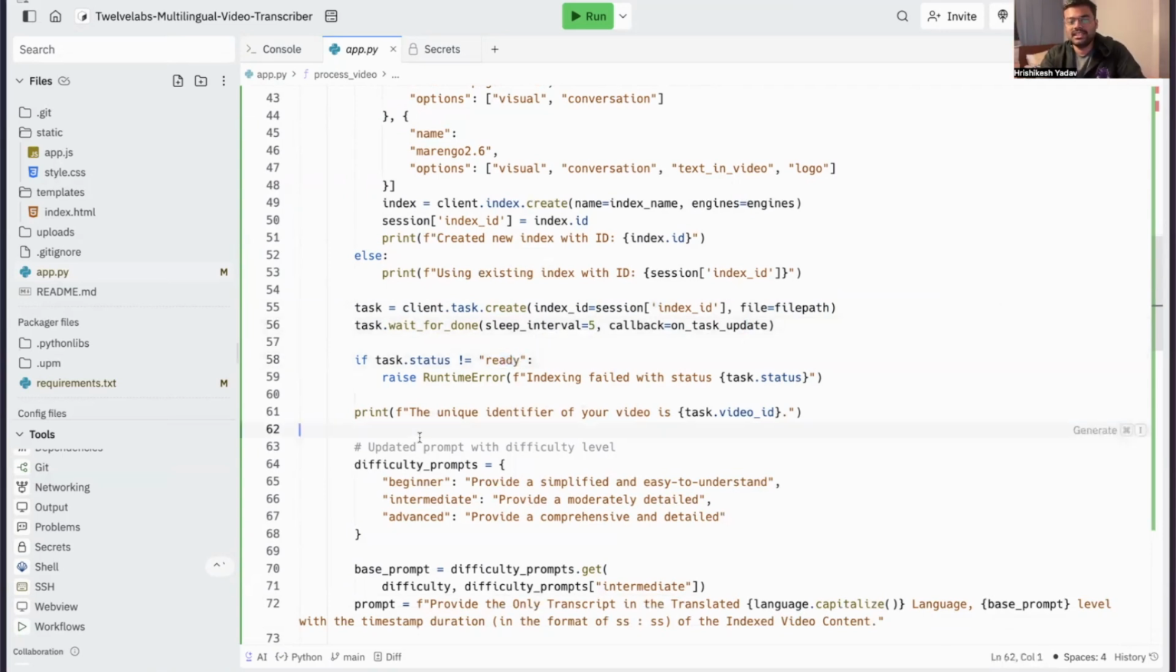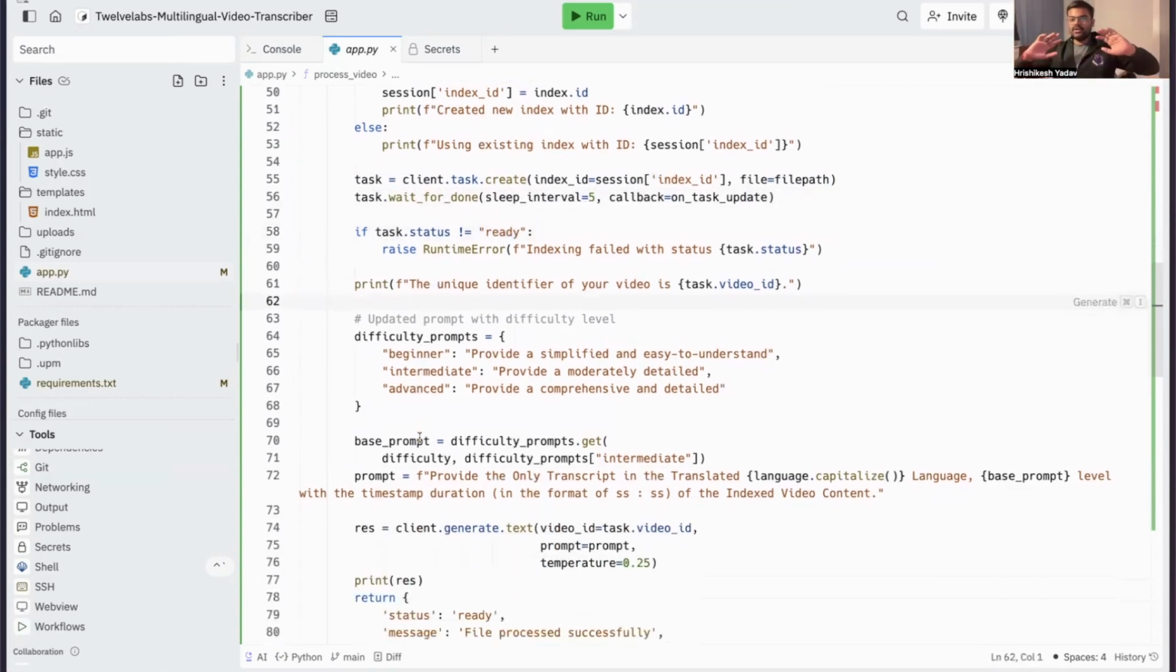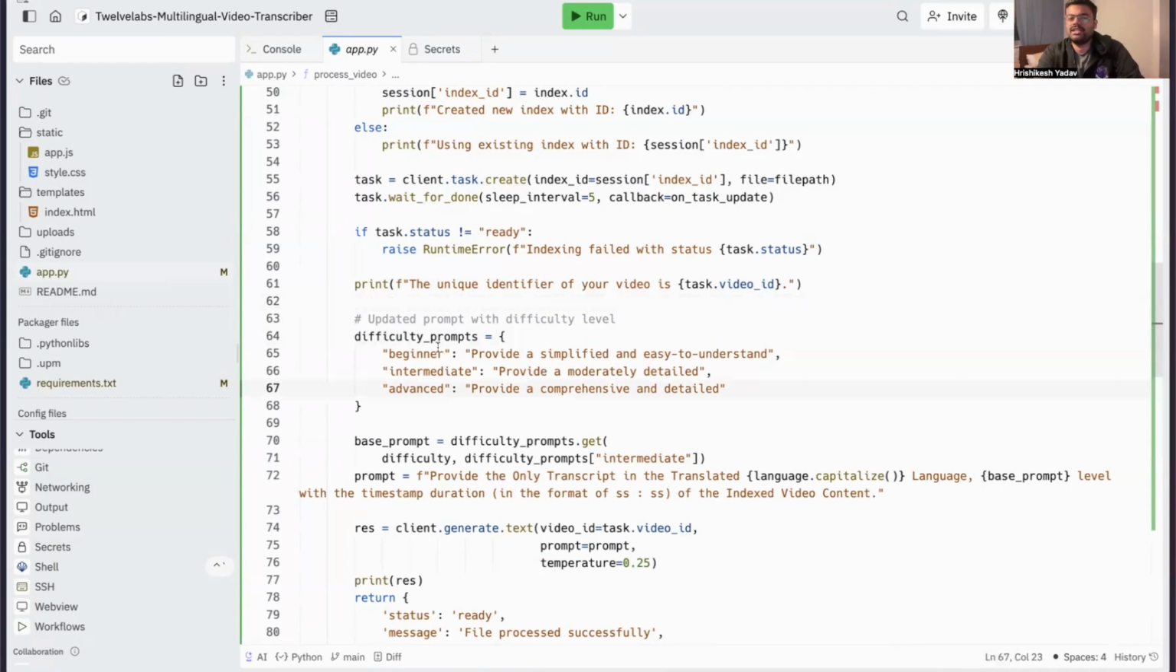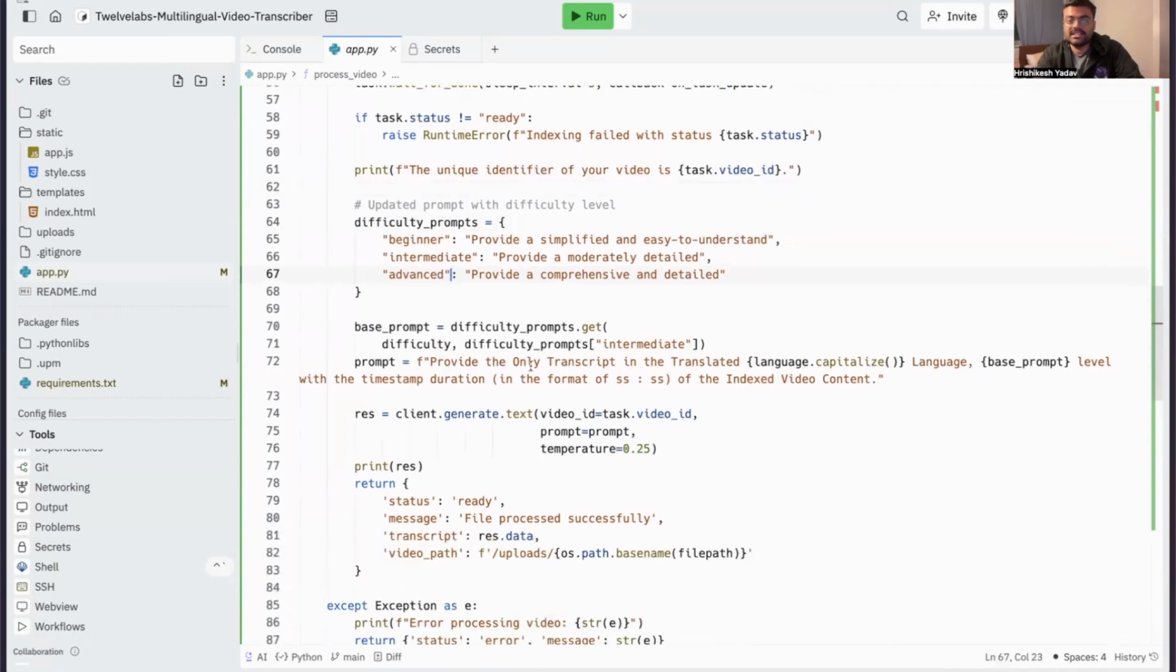As soon as the indexing is done, the status is provided as ready. As soon as we got our video indexed, now the task is to prompt it and get the result. So here is just the basic JSON of beginner, intermediate, advanced to explain what it is. And here is our prompt: provide only the transcript in the translated language, capitalized, as in German or French, and the base prompt